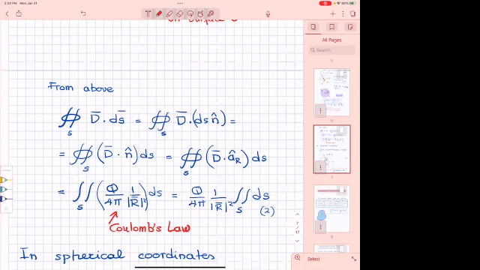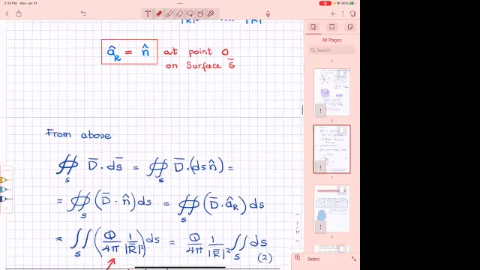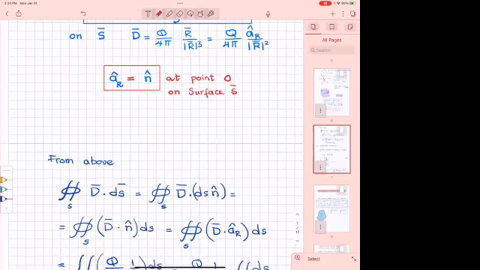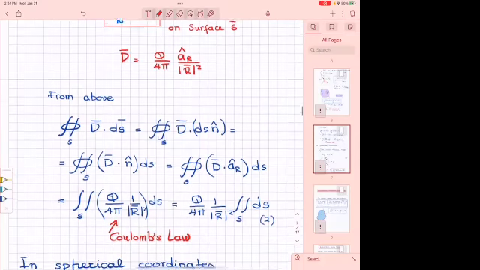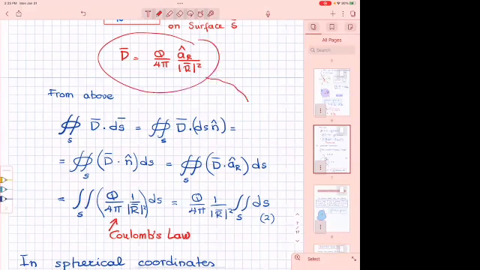All right, so D, if you remember, let me write it here, where D equals, from Coulomb's law, Q over 4 pi R squared times a_R. All right. So if I take this D and I plug it here,